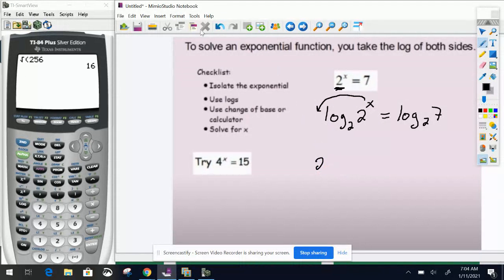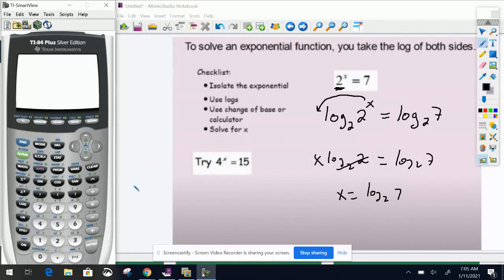So it'd be x log base 2 of 2 equals log base 2 of 7. Well, log base 2 of 2 is 1. So this is how we get the variable by itself. So it'd be x equals log base 2 of 7. And then this right here, we just enter into our calculator. And again, how do we do that? We can use the log button. The base always goes on the bottom. So this base is log base 2. So it'd be log of 7 divided by log of 2 from last section